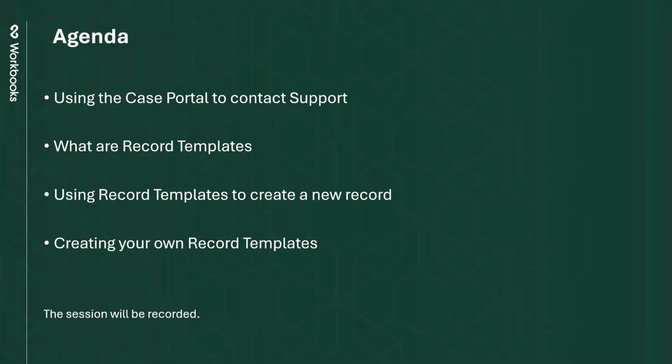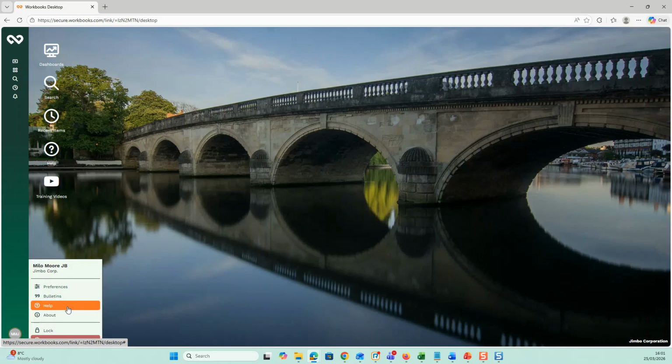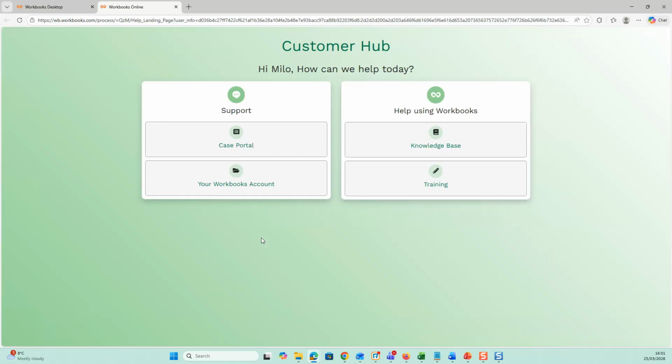So when you are logged into Workbooks, the way that you would get to our customer hub is when you press the user menu down at the bottom and you go to the help icon. What will happen is a new tab will open up. And when that opens up, if you are a support contact, you'll see this support section on the left. If you're not a support contact, you would see just the information that's here on the right. Now, for those support contacts in this support section, we do have an option of your Workbooks account, where if you go into that,